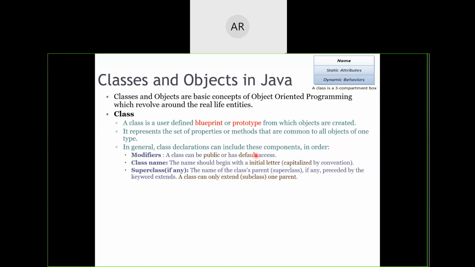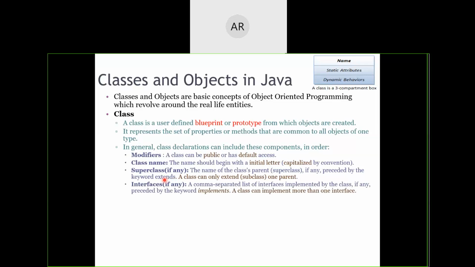You need to mention the names of the super classes with the help of a keyword called extends. This keyword is a reserved word. Do remember, extend is not there. Extends is there. Do concentrate on this S. It's one single word. It's extends, not extend. So the keyword that you have to write is extends.